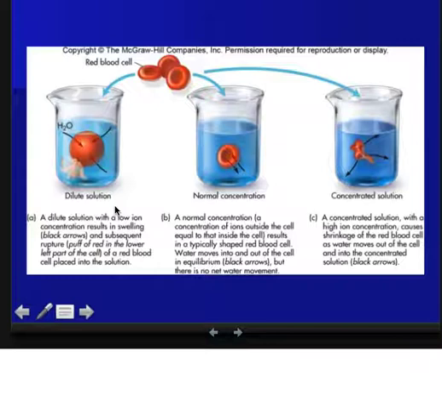As a result, it will tend to move into the cell through the plasma membrane, causing the cell to expand and eventually explode. In an isotonic solution, what you have is no net movement of water across the cell membrane. Water is entering the cell as quickly as it's leaving it, and as a result, there's no change in cell